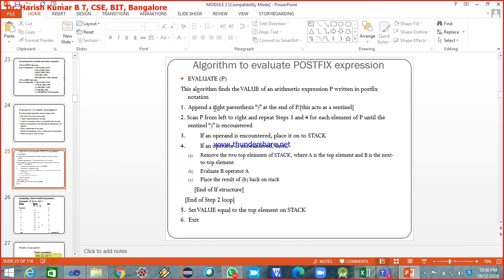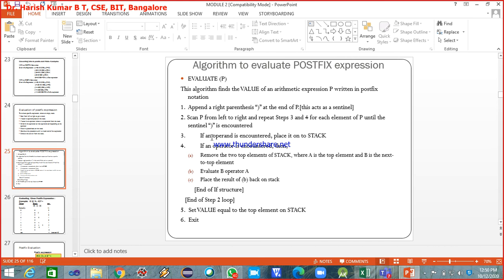First, append a right parenthesis at the end of P. This acts as the sentinel, so whenever you encounter the closing parenthesis, you have to stop evaluating the postfix expression. Scan P from left to right and repeat steps 3 and 4 for each element of P until the sentinel, this closing parenthesis, is encountered.